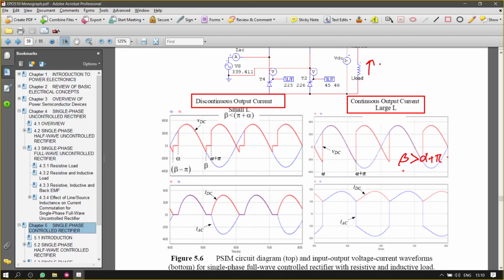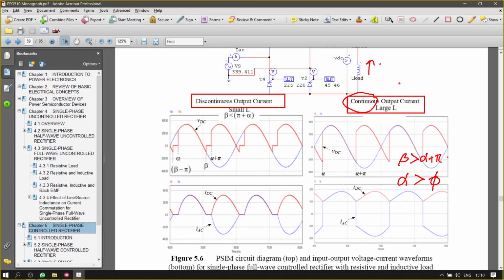Or, there's one condition whereby alpha is greater than the load angle. Okay, alpha greater than the load angle. So if you have this case, you will see the output current will be in the continuous output current state